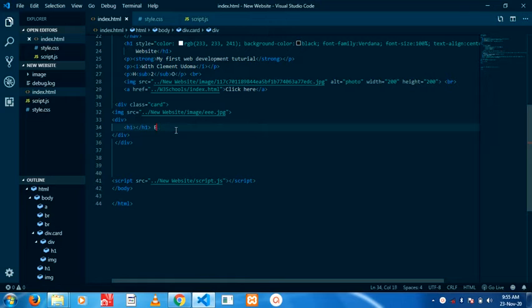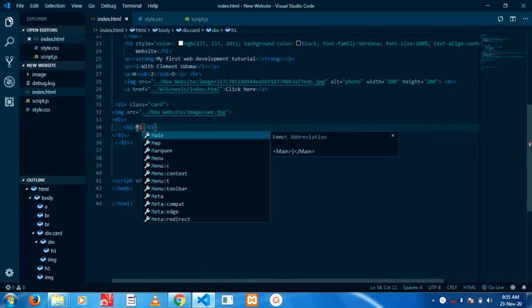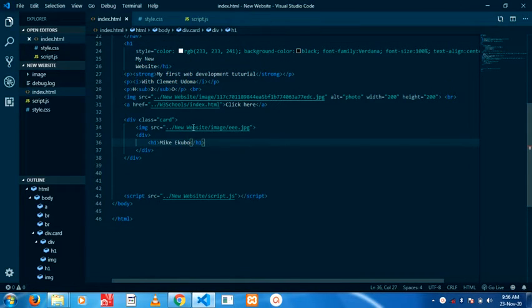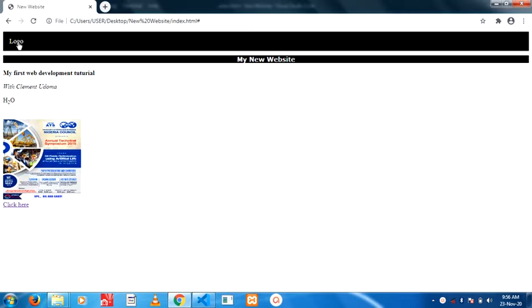Let's delete this, and it will be Mike Cable. So that is it. Let us just press Shift Alt F to auto align. So the card, you first create the image, you create the div, and you create the H1. So that's it. Okay, now if you go to your browser and refresh,